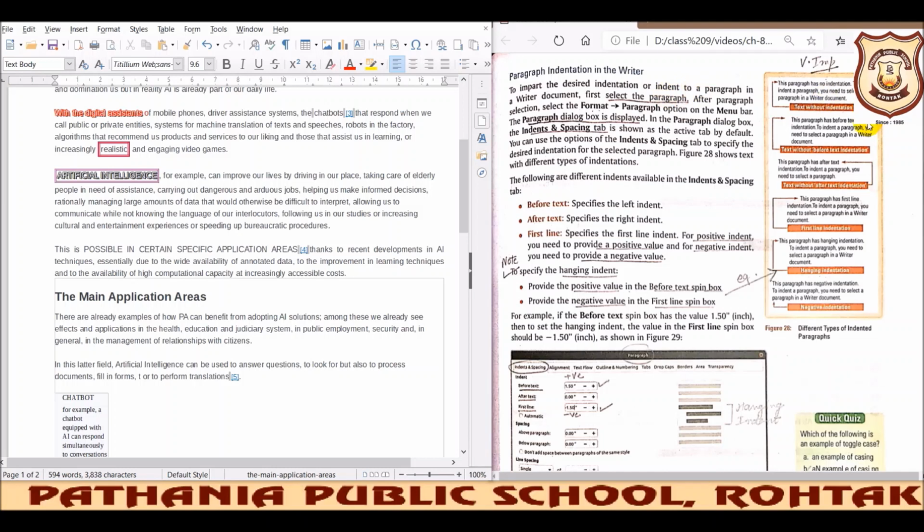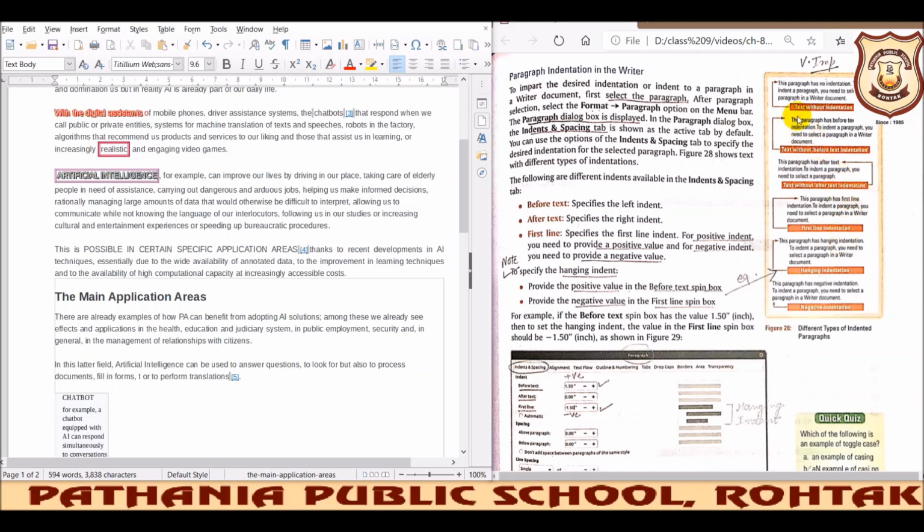For that, we need to see how many types of indentation we have. It is for better formatting only. Why do we add these indents and this spacing? For a better look of the document. In this figure, which is a screenshot, you can see that they have tried to implement different types of indents, and we will be learning how to implement these types of indents in our document.